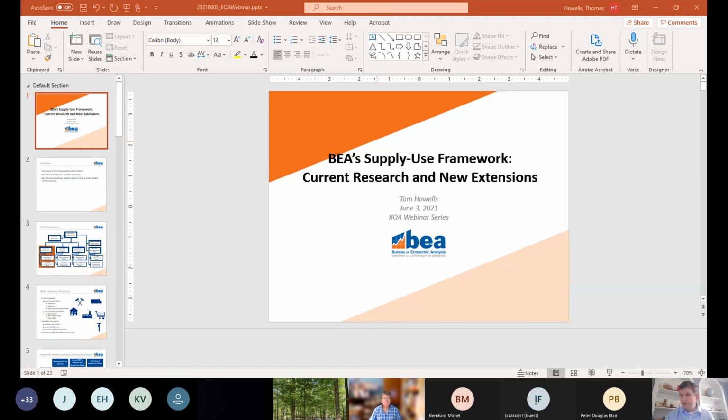So without further ado, first, just a little context about BEA as an organization. You can see here the overall structure. You can see that the Bureau includes 3 core program areas focused on the production of economic statistics. Those include the National Economics Directorate, as well as the International and Regional Directorates. The National Directorate is highlighted there in orange, which is where the Industry Economics Division sits. The National Directorate as a whole